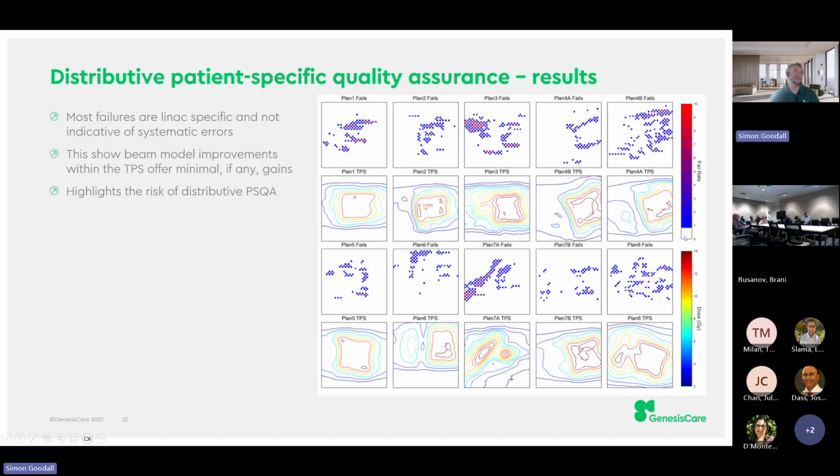All these areas where we've got the blue markers where only 1 or 2 LINACs failed is showing a variation in LINAC distributions, and these are inter-LINAC variabilities which we might be able to solve by increased matching. But they're the points that we worry about in a distributive QA model. The bits where everything fails every time is actually not such a problem, because it means we're not going to get our false passes. But generally we can see that most things are LINAC specific.